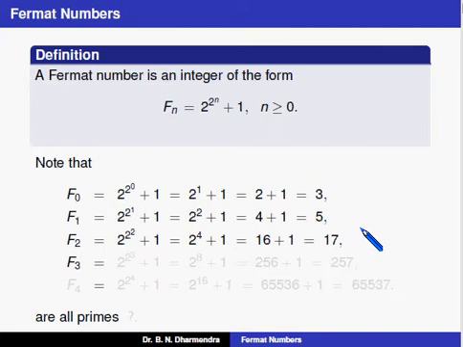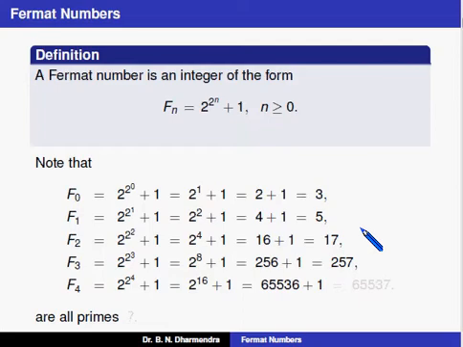Again, n is equal to 3, that is F3 is equal to 2 to the power of 2 to the power of 3 plus 1. We know the value of 2 cube is 8. So therefore 2 to the power of 8 plus 1, that is 256 plus 1, that's equal to 257. Similarly, n is equal to 4, that is 2 to the power of 2 to the power of 4 plus 1. We know the value of 2 to the power of 4 is 16. So therefore 2 to the power of 16 plus 1, that can be written as 65,536 plus 1, that is equal to